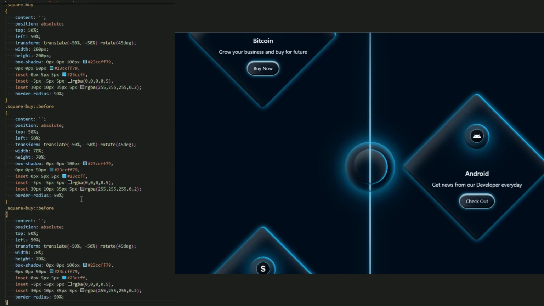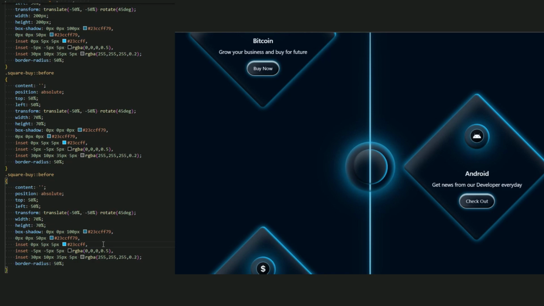Here we go. And for the after, again inside it, let me add this 0 pixel, 0 pixel, 5 pixel, 5 pixel. Yes, here we go. Box shadow via this. Okay, now for the after, let it be 25% for the width and the height.